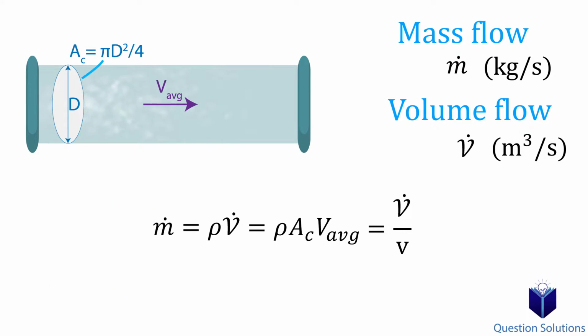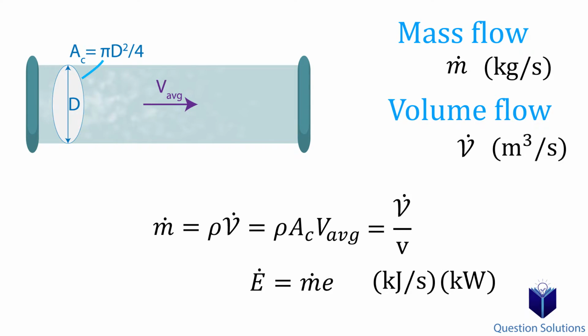Now if we wanted to find the energy flow rate with the fluid that flows, then we can find it using this equation. The units would be kilojoules per second or kilowatts. So what we're saying is that the energy flow rate is equal to the mass flow rate multiplied by the total energy of a system on a unit mass basis. Sounds kind of complicated, but in simple terms, it's just how much mass is flowing per second multiplied by the total energy of a system. You might notice that this is pretty much the equation we talked about before, just rearranged and written with respect to time rate, so with a dot on top.